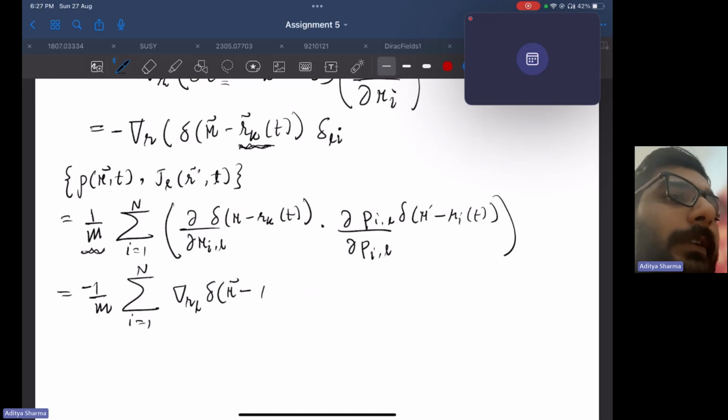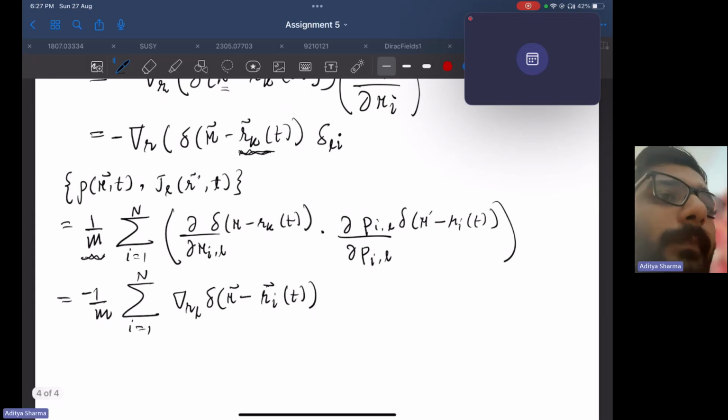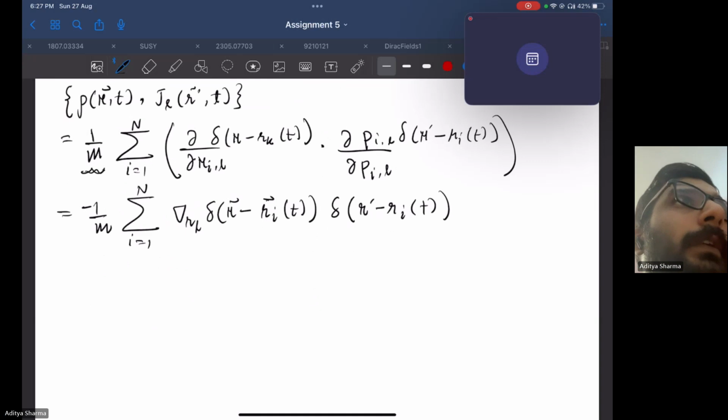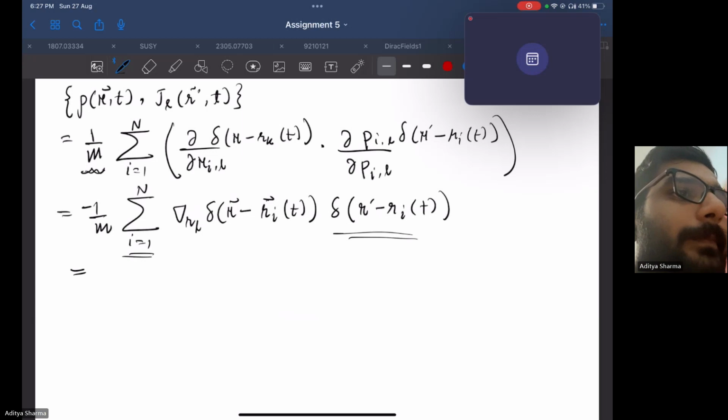Like we are looking at the r_l component. The Kronecker delta makes this k equal to i. And we have from this part this thing. Now we can put this here and we'll get